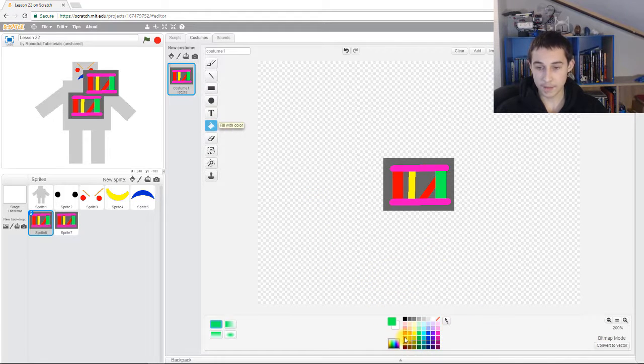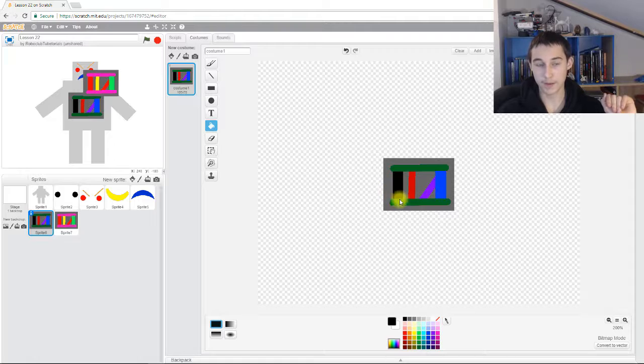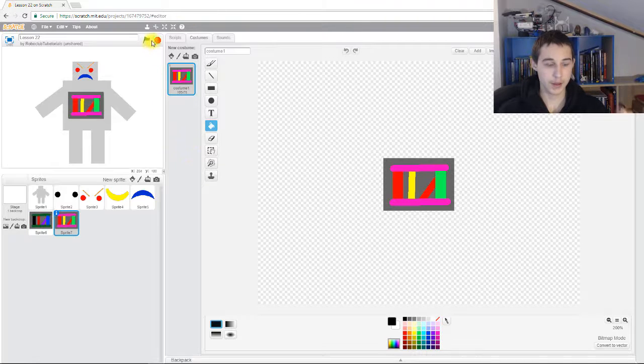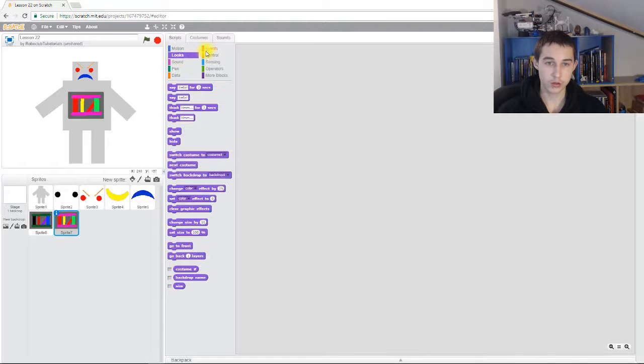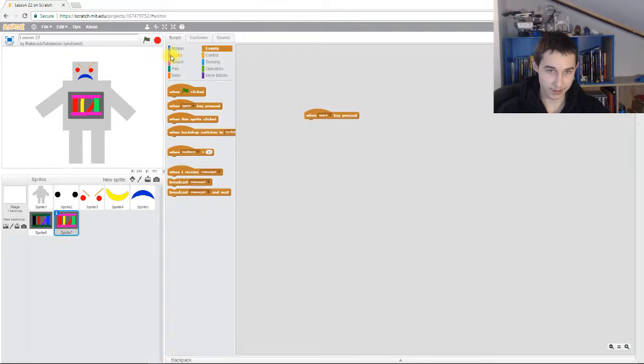So paint, okay, let's try this colour for here. We're going to do a dark green for here and here. Going to do a blue here, a purple here, and black here. So what we want to do, we want to move these to the same spot. There we go, and then we want to add an event, when space is pressed, looks,